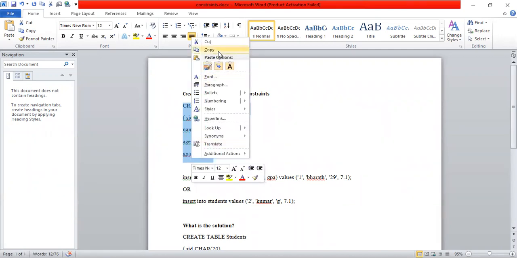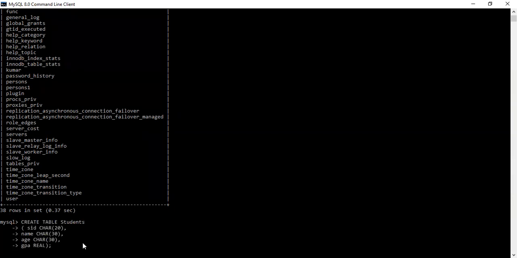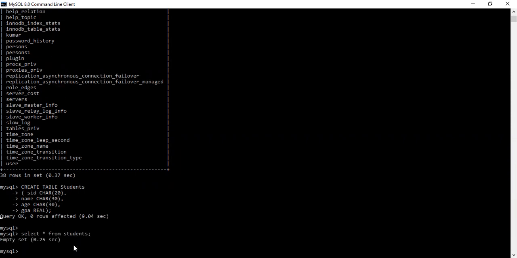We already have the compiler open. With the help of this compiler, now I will create the table. Please wait. Now create table students. The table is created. How will we show the details of the table? Select star from students. Is any information available in the students table? No, up to now there is no information available. Now I will insert some data into that particular table.